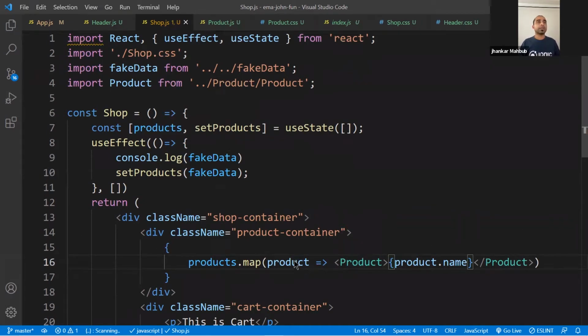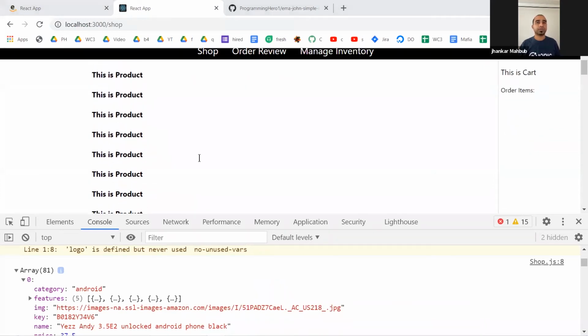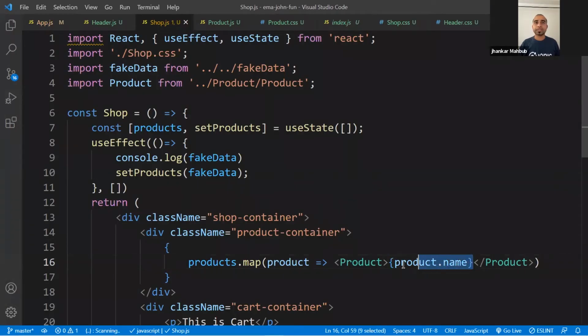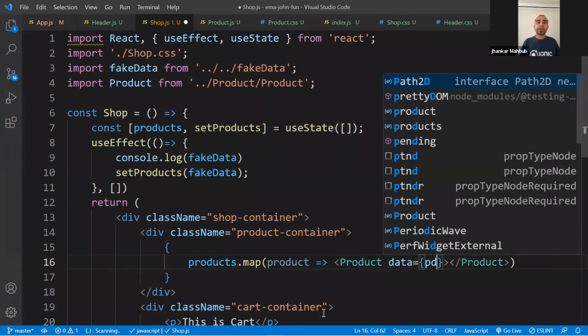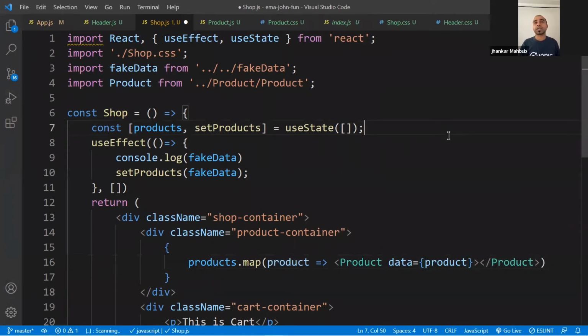And if you save it, in your case, you'll see this is product so many times. And you don't need this anymore. Instead, if you remember, we need to pass data to a component using props. So here, for example, give any name, say this could be data, and the value of the data would be product. And some people like to give it the same name so that it becomes meaningful on the other side too.